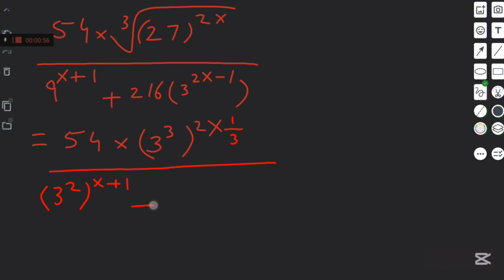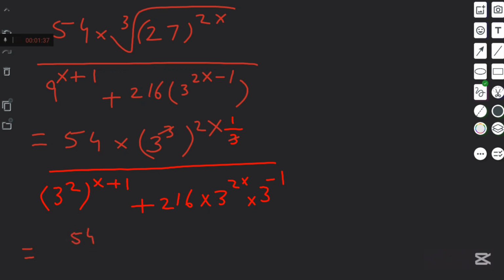Okay, then plus 216 times, we can write here times 3 power 2x, and then times 3 power minus 1. Okay, so in the next step we can cancel this 3 and this 3, so we can write equal